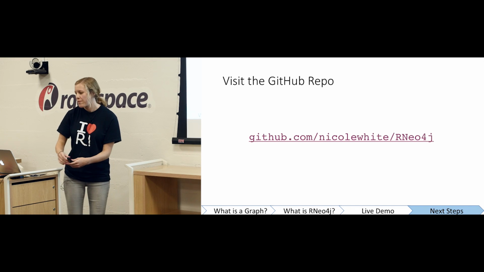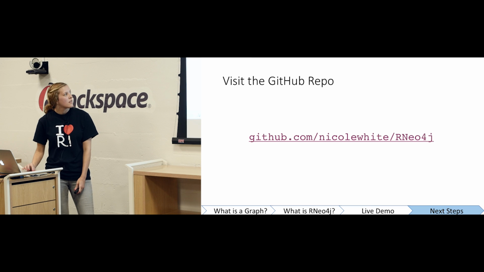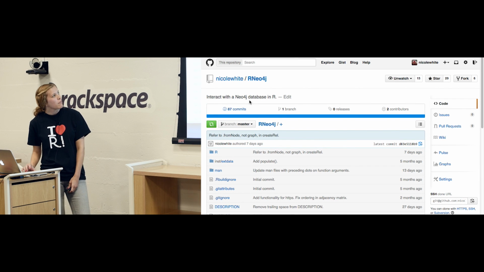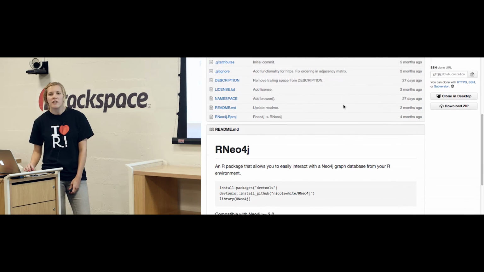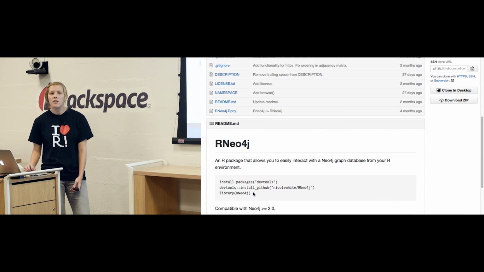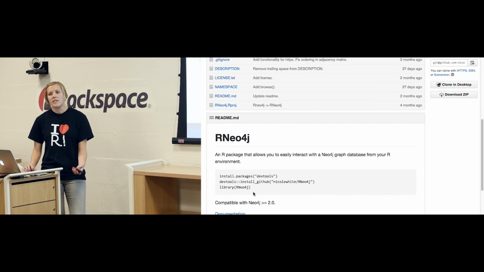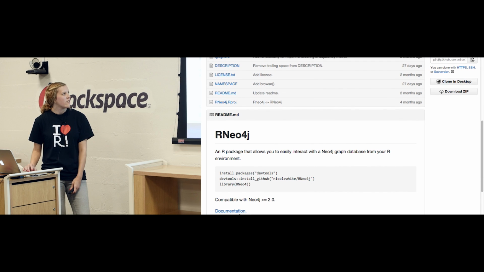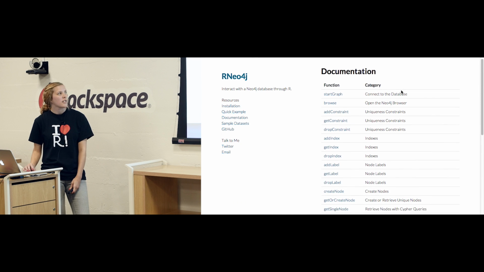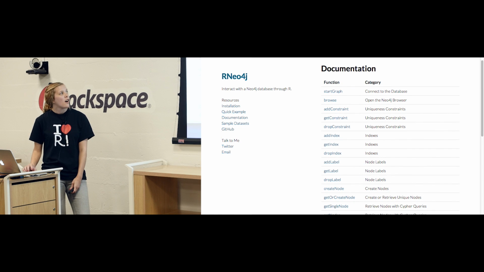And then for you, here's the GitHub repo. And then also, all the code I showed today is on my GitHub as well if you click around. But this is the R Neo4j repo. You install R Neo4j with devtools, because I haven't put it on CRAN because I change it too often. But it's really easy to install with devtools. It's 3 lines, right? And then I have all the documentation. If you, for some reason, want to read the documentation before installing, all the functions are documented with examples on my website. And then all the code from today